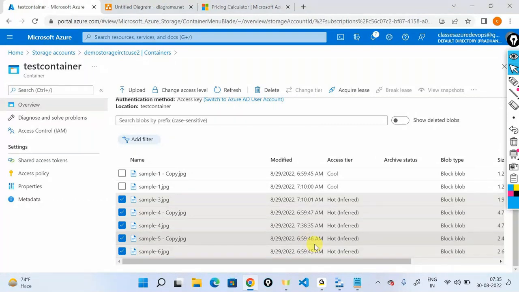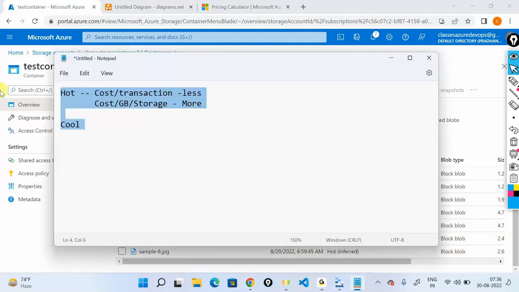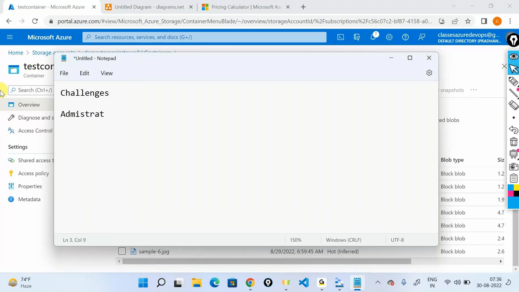Also, there is a lot of scope for error, meaning you're a human being at the end of the day. You can come here, see that it is 8, you might think it is 7, you might put it into cool, and your application will be down. So this might be the issue out here. So the very first challenge is that administrative burden. So I'll put the challenges out here. It is an administrative challenge or administrative burden,